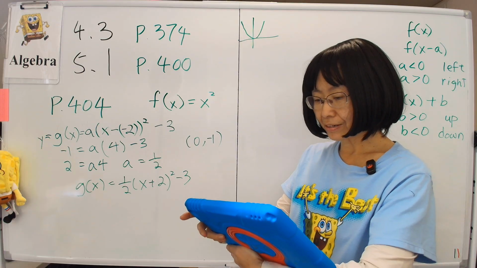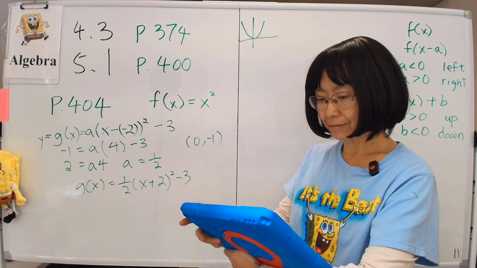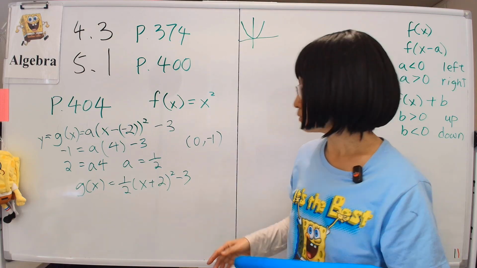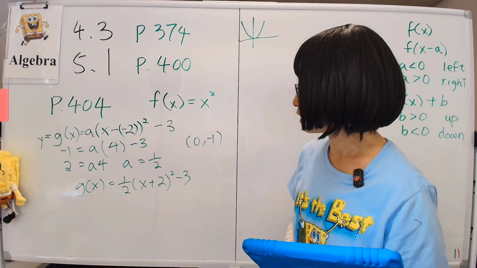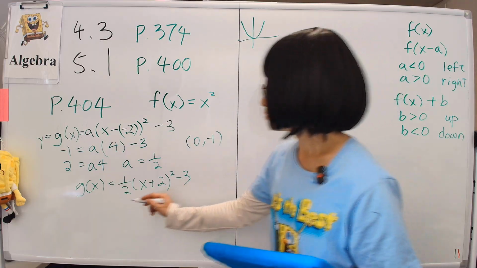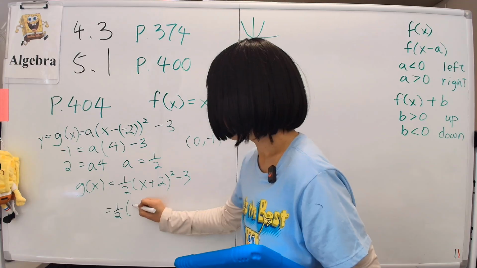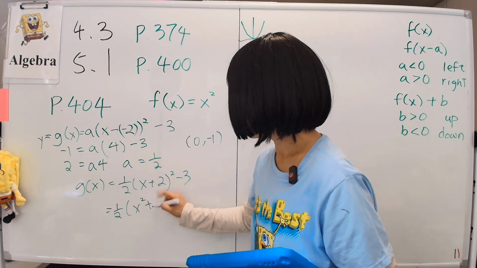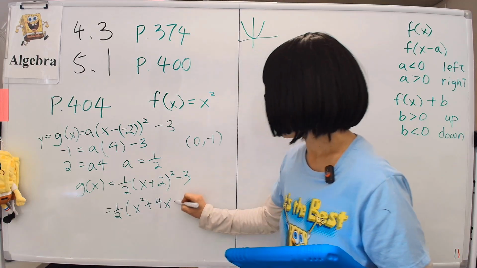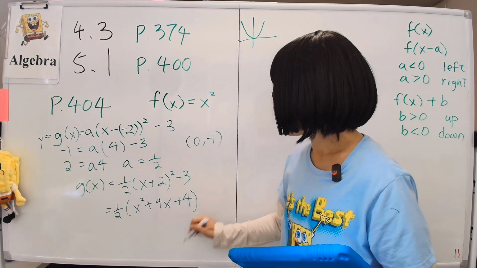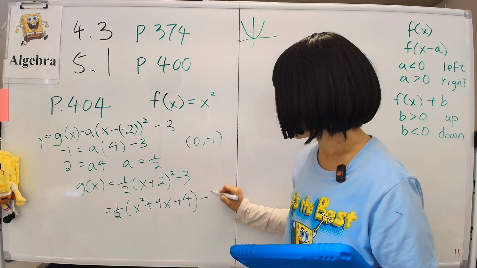However, it is possible to change it back to the regular form. Instead of the standard form, we can change it back to what polynomials normally look like by multiplying everything out. So let's do that. That is equal to 1/2 times (x squared plus 4x plus 4). Be sure you know how to do this, expanding that to here. And then minus 3,